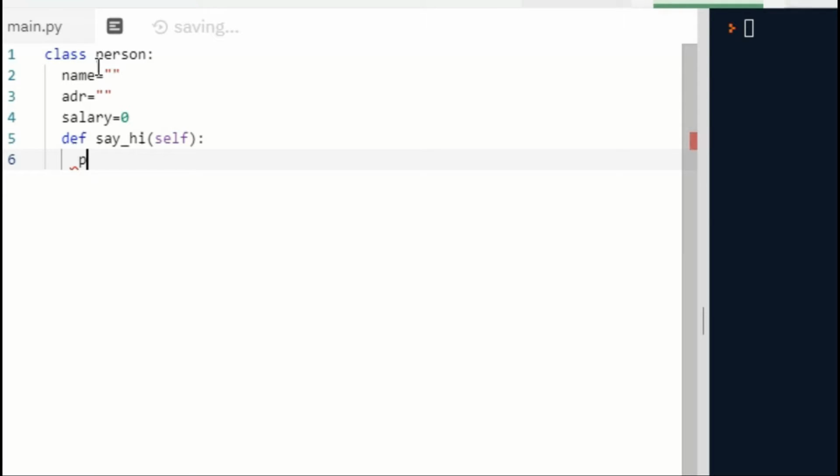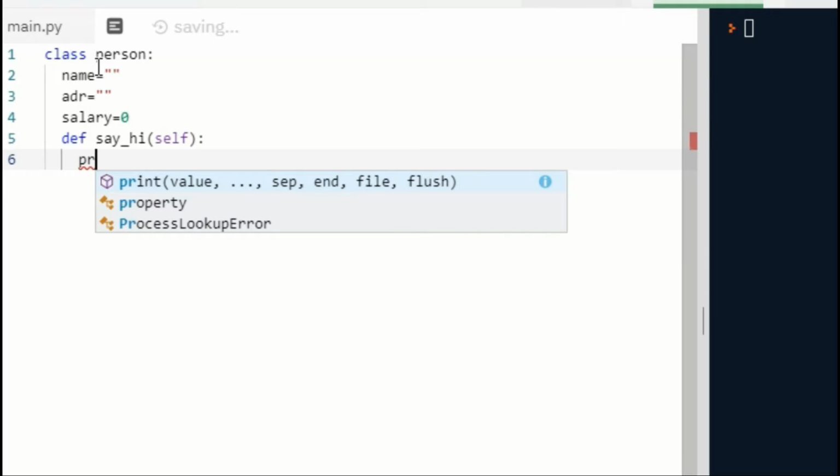As this function is a part of a class, it is called a member function. It is defined similarly as we define a normal function, but it is a part of the class, hence it is inside the class. Def, the same keyword is used, then you can give an appropriate name to the function and opening closing bracket, colon.